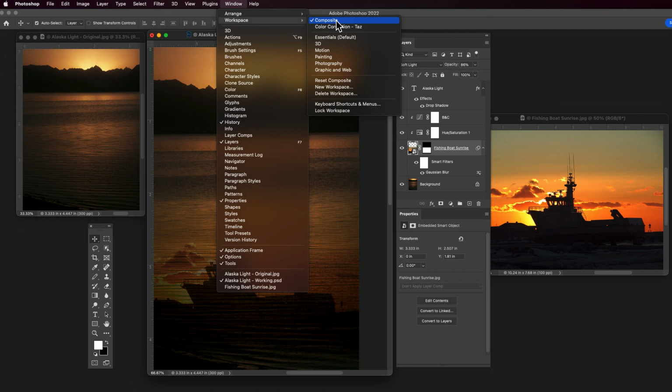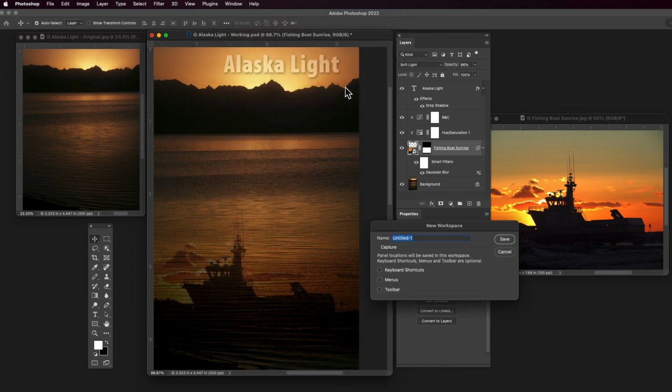All right. So if you like the arrangement and the panels that you've got, you can create your own custom workspace by just coming down to Window, Workspace, and going to New Workspace. All right. And we'll just call this TAS Composite. I can say, yeah, I created some keyboard shortcuts. I want those included. If I change my menus, which I can do, I want those included. And do I want the toolbar? Yes. All right. So I want to include everything that I've created or edited,